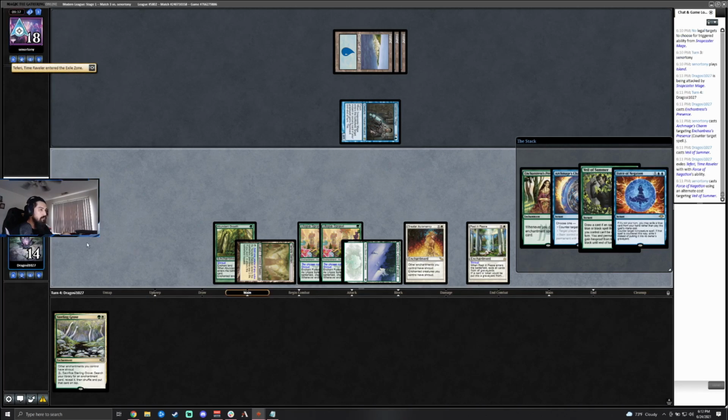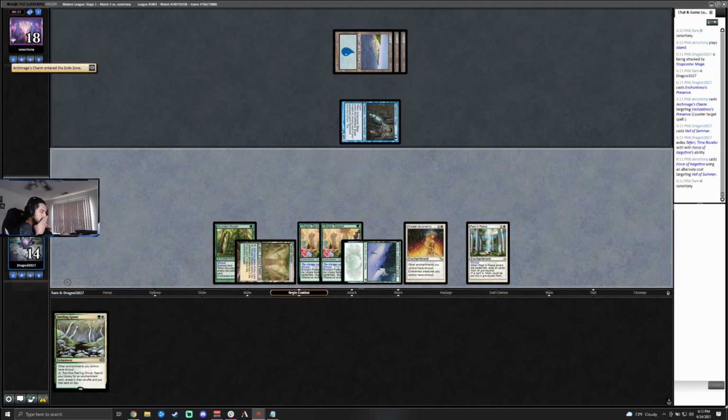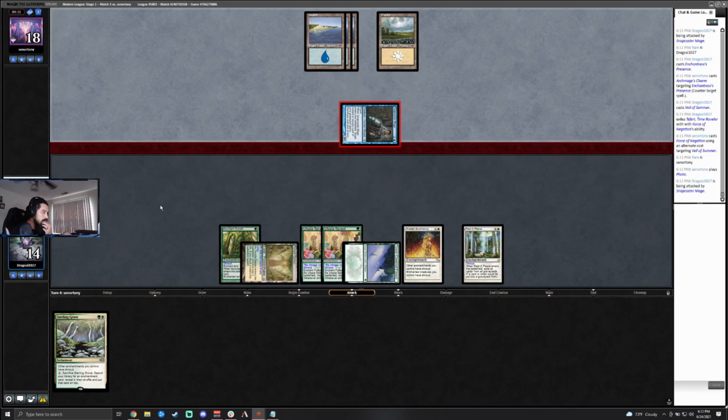Wow, Force of Negation, pitching a Fairy Time Raveler. So they're not in a good place. I mean, I guess technically neither are we. We're missing a bunch of stuff right now, but